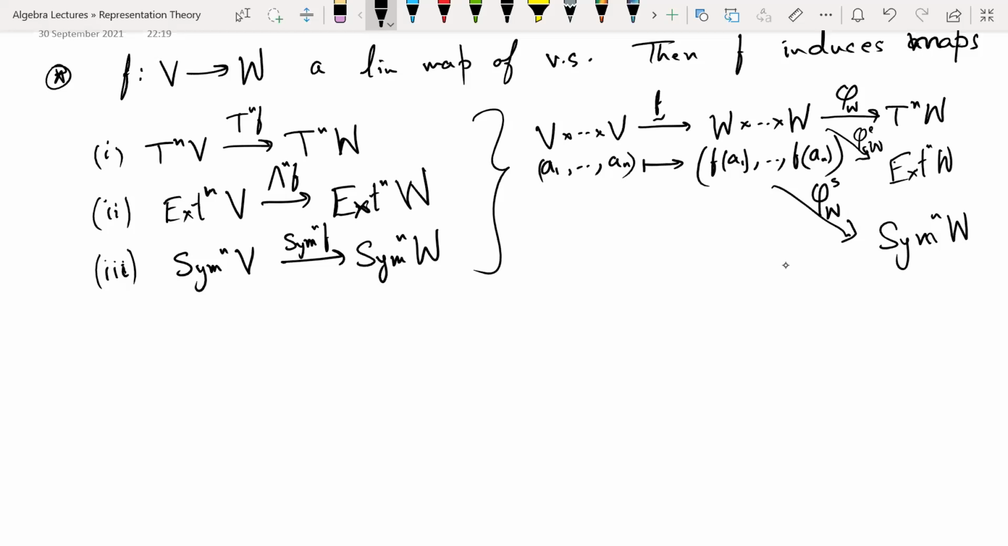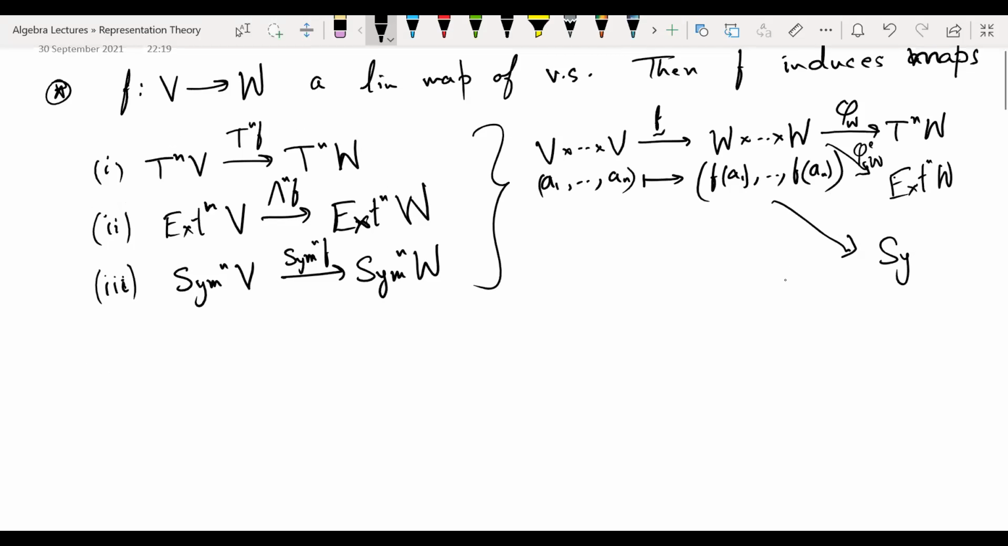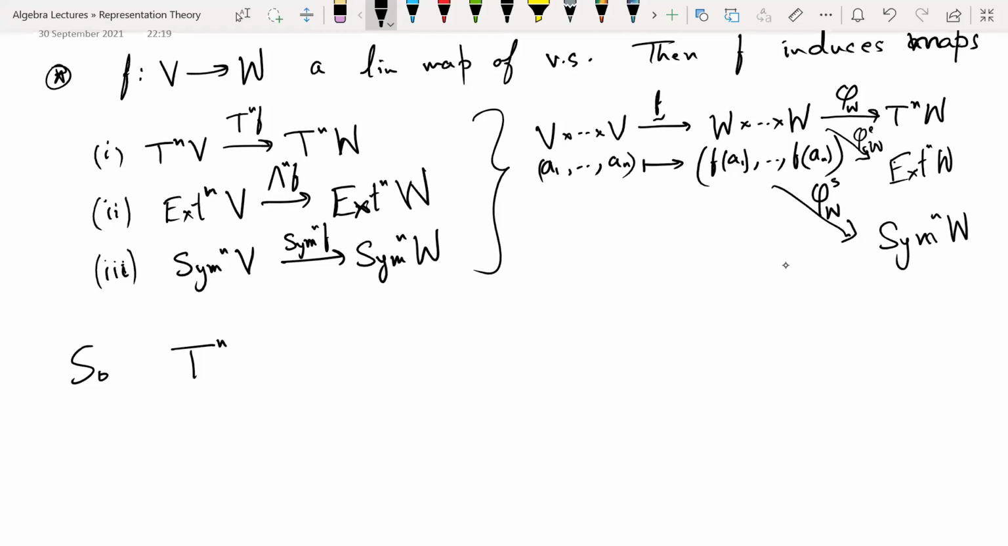So these T^n's, Ext^n, Sym^n are functors. To check that it's a functor, you have to check something else. Of course, given a linear map, you have constructed maps between the vector spaces. So one has to check that